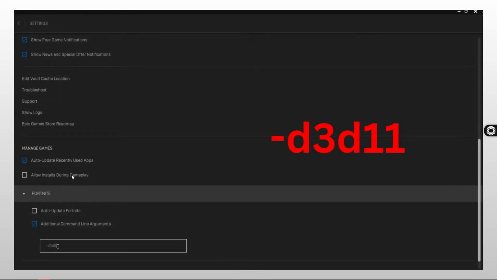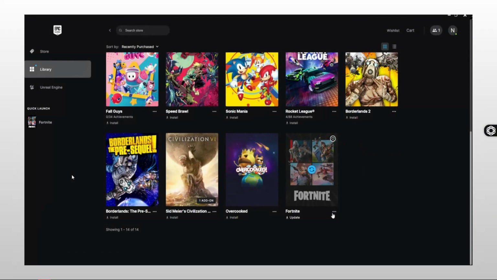Click on Fortnite, and then here in the additional command line arguments, check it, and here you will have to add this: -d3d11. So it's very important that you type it like that, -d3d11. Okay, so now you will have to restart your launcher and then go into the library, go to Fortnite,